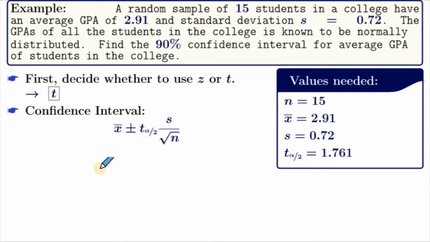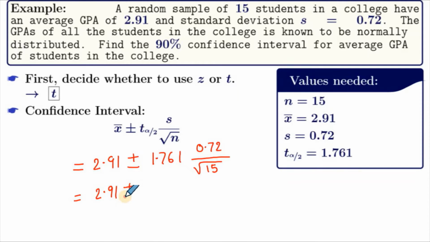We can substitute them in this formula. So we get confidence interval equals X bar, 2.91, plus minus T alpha by 2, which is 1.761, times S, 0.72, over radical 15. Now let me copy 2.91 as it is. So that is 2.91 plus minus. When you do math on just this part here, that equals